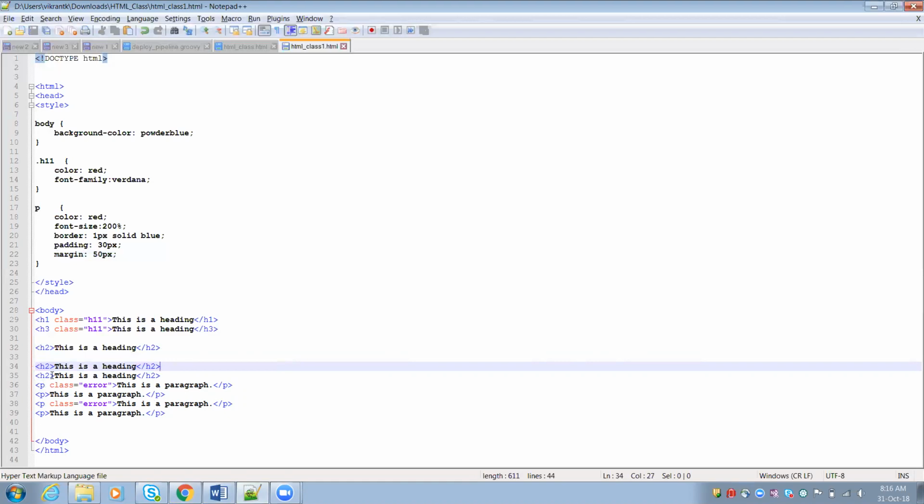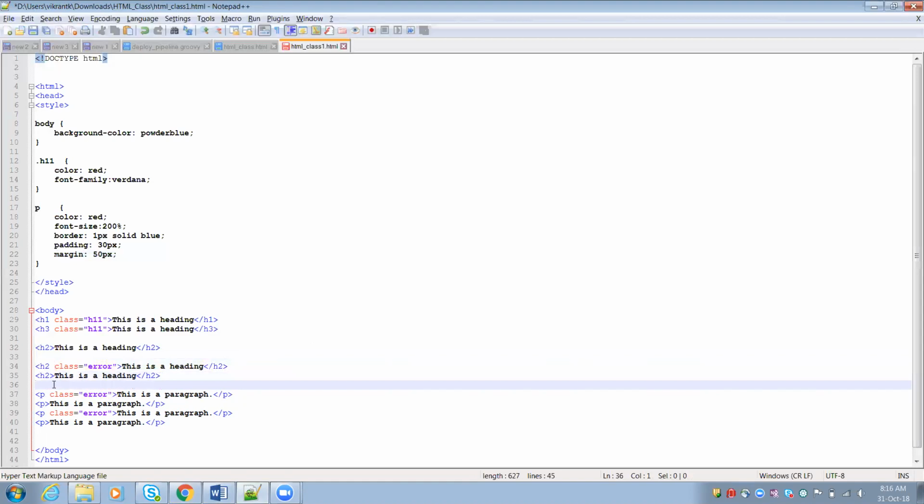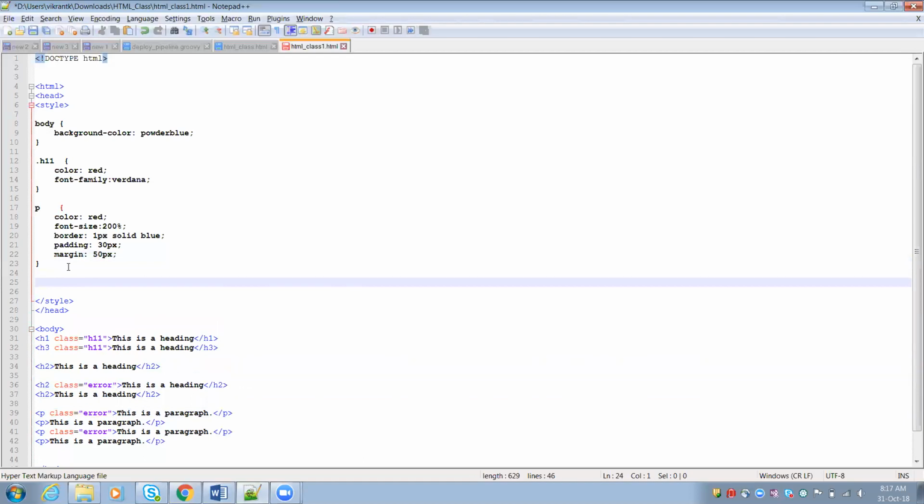So here we will give class, this class. Now you are seeing that H2 and P, this is H2 and this is P, both are having class error. But for H2, if I want to provide different formatting and I want to provide different formatting for P, we can write like this: